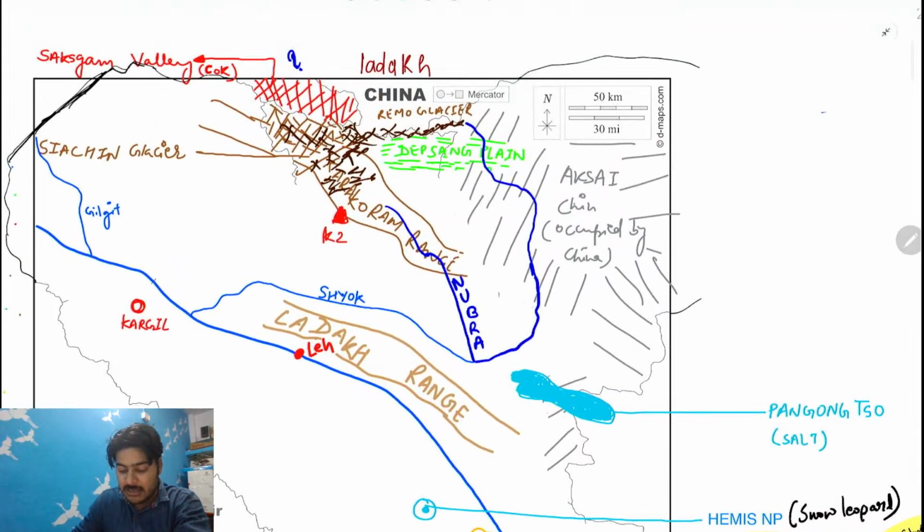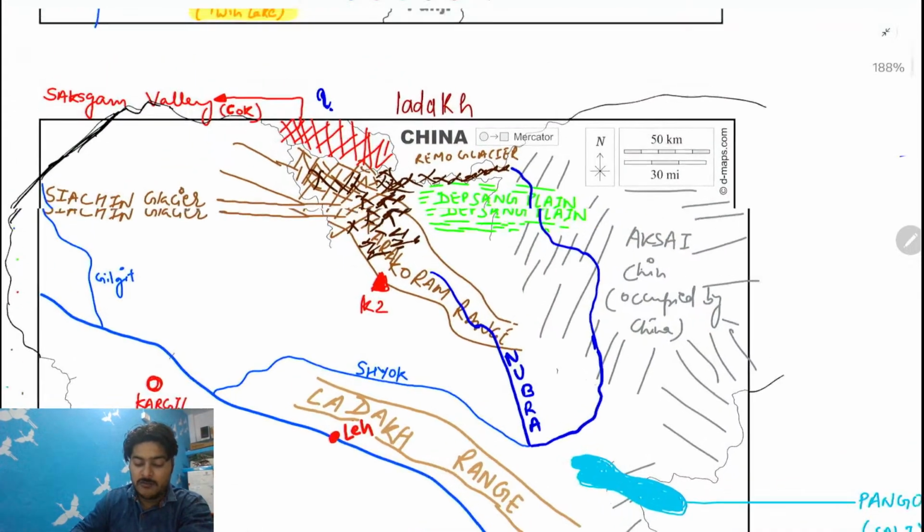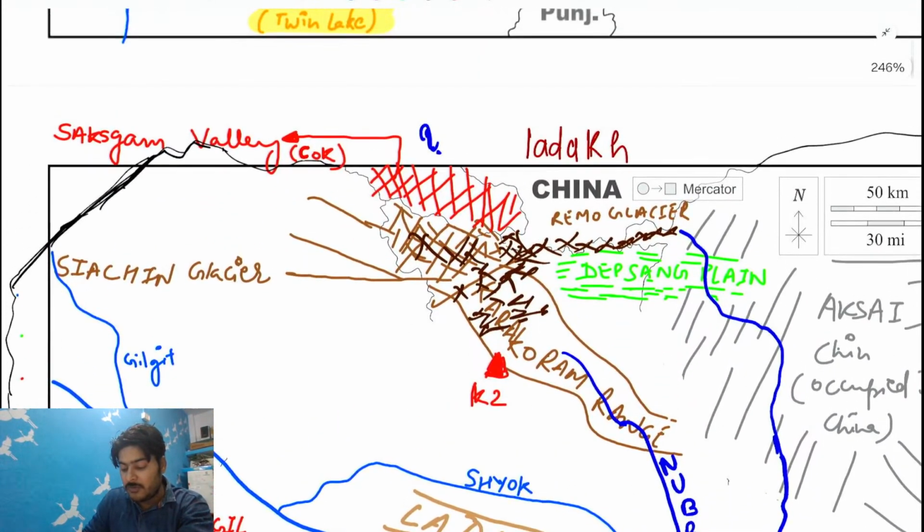This is the Ladakh range, and from here, what we have is the Shyok River. The Shyok River is moving like this. Clear? And we have this valley, which is known as the Nubra Valley. And here we have a very beautiful range known as the